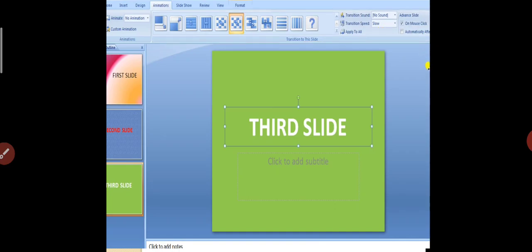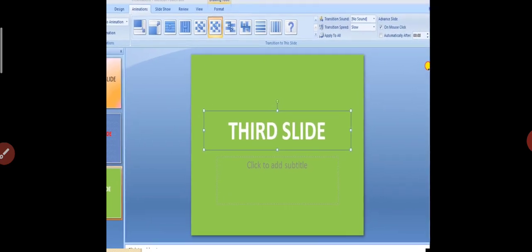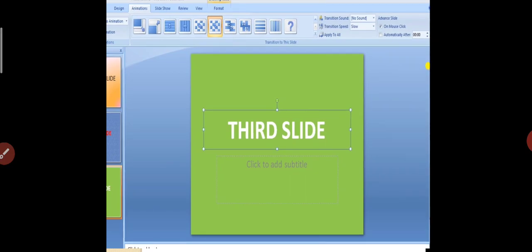And a few more options are there related to the transition effect. The next one is how to advance from the first slide to the second slide: on mouse click or automatically. By default, mouse click is chosen.